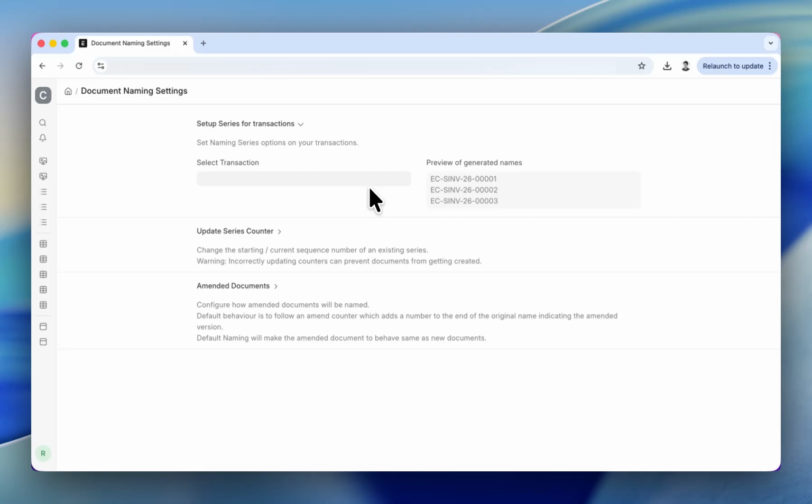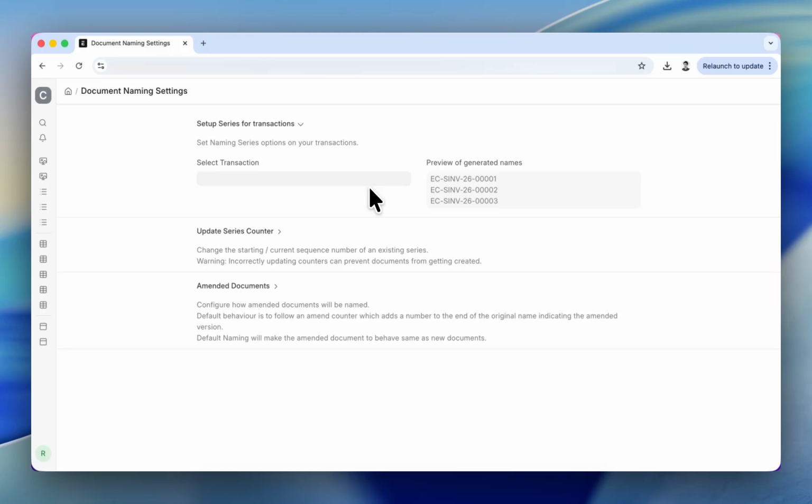It may look like a small feature, but for ERPNext consultants and implementation partners, this removes a repetitive configuration task that we've been doing for years. It also makes document numbers cleaner, more professional, and much easier to identify in multi-company environments. Personally, I think this is one of those quality of life improvements that every ERPNext consultant will appreciate.